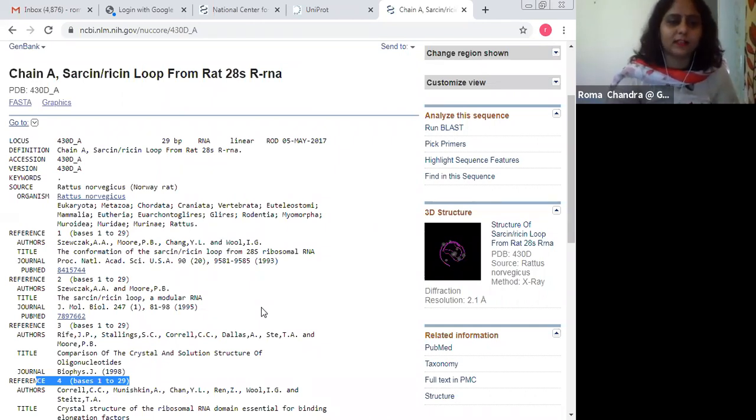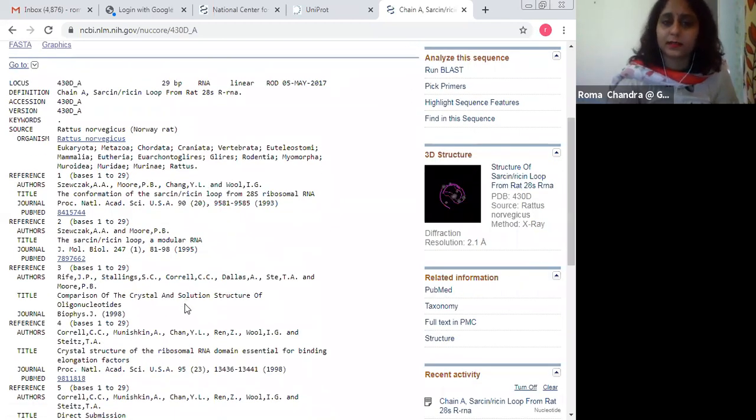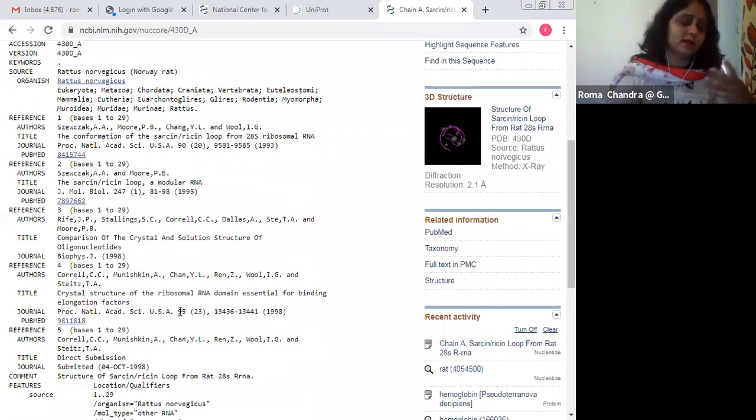This is a simple text file format dealing with the locus, that is the accession number, the number of base pairs, what kind of nucleic acid it is, whether DNA or RNA, and what category it belongs to. It belongs to the rodent category. Then the submission date, the source, which is the Norway rat, Rattus norvegicus, the taxonomy of that rat, and all sorts of research articles in which this particular sequence was published or mentioned.